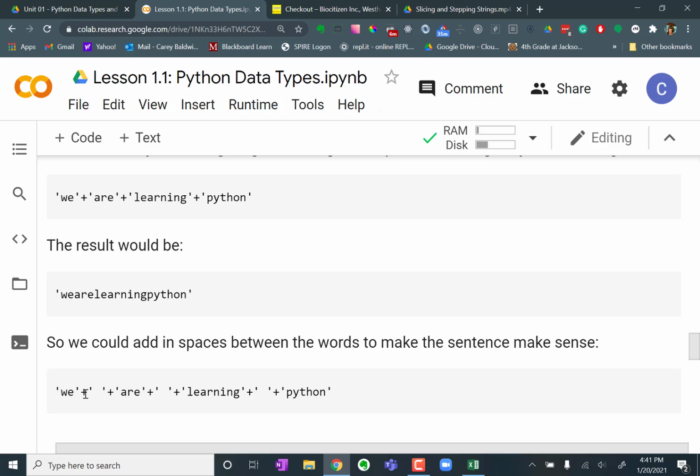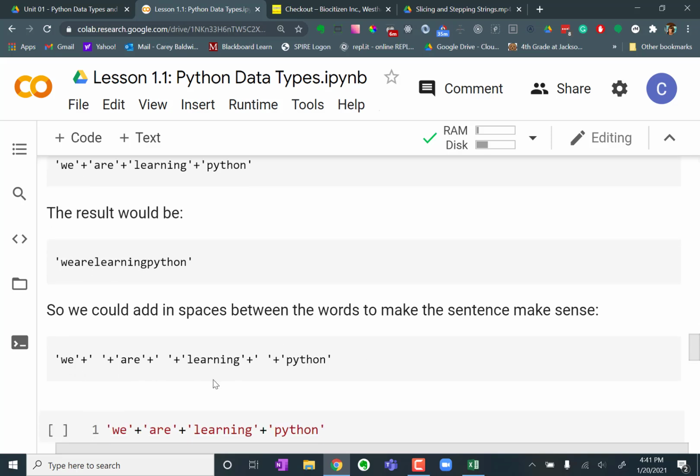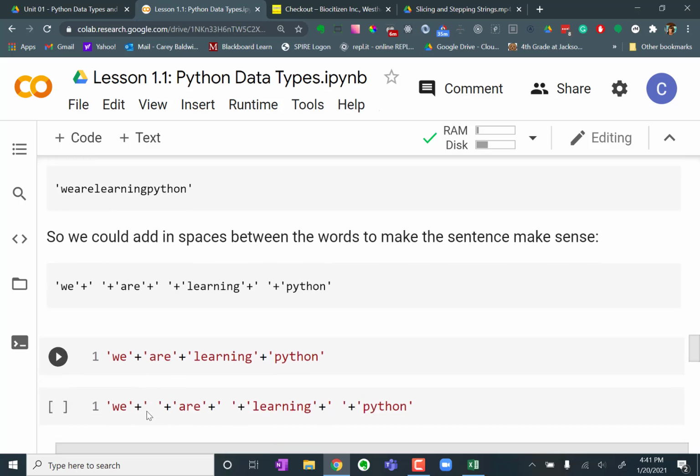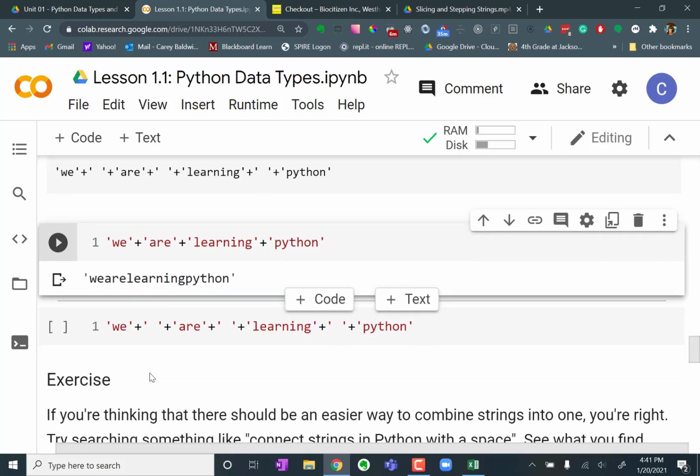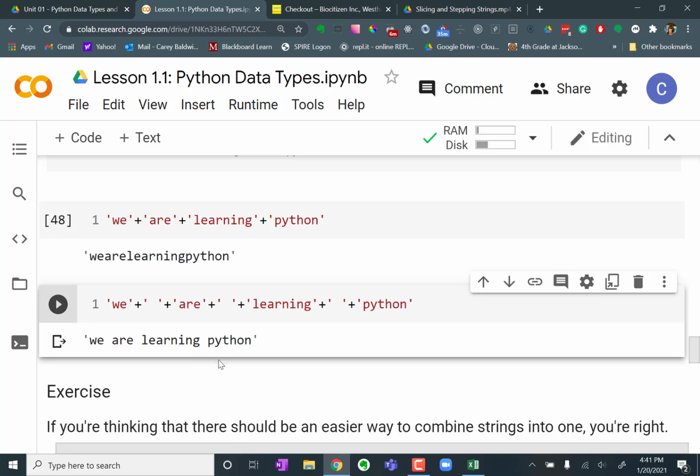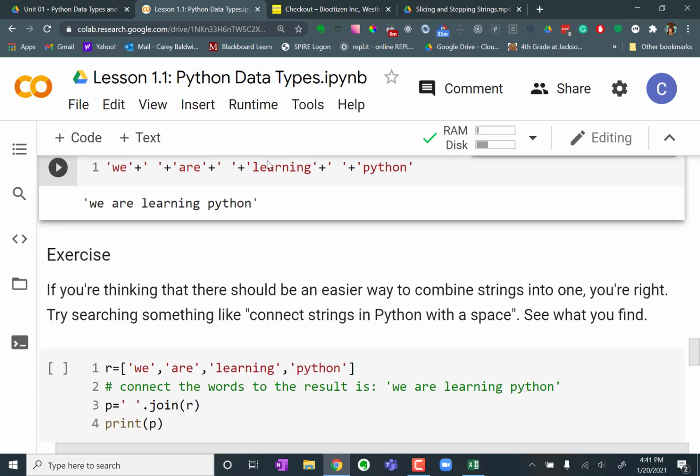I don't know why I have trouble with that word, but we can mash together all of these strings into one. So if we do that here, I don't have spaces, so I don't get a recognizable sentence. It looks bad. So here I have added in the spaces and put together a single string using those individual strings. So that's a lot of work. I don't want to have to do all that. So I'll show you an example, and usually when I'm in class I have students just search, see how you could join together the individual